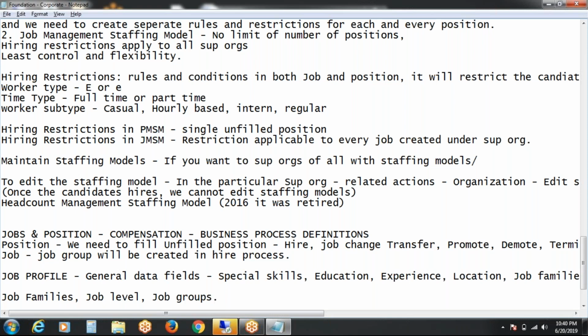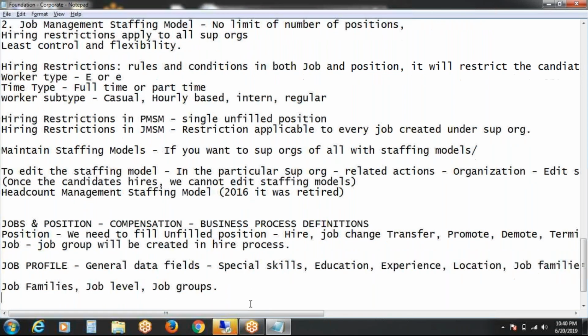Based on these three things, we will define the job profile suitable for position management or job management. Along with the creation of job profiles, hiring restrictions are also very important to define the exact requirements of both job and position management in the hire business process.